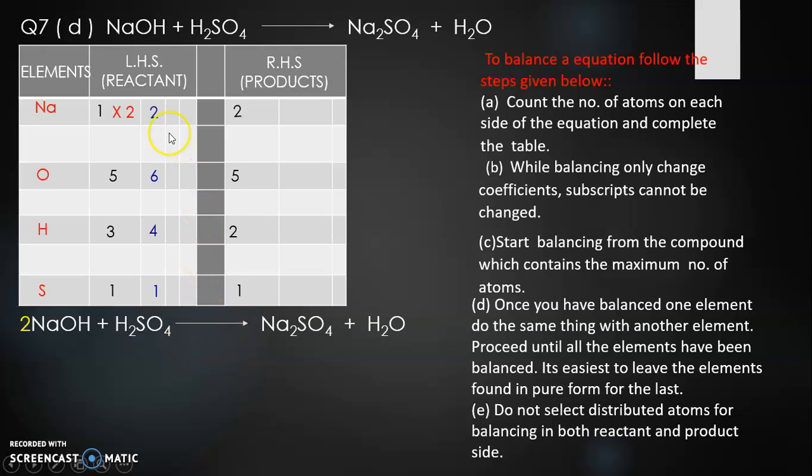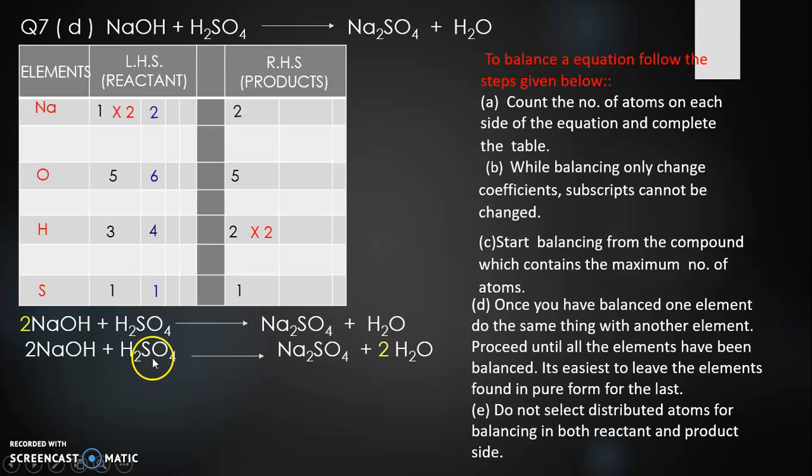Now let's see the table again. Sodium balanced, sulfur still balanced, oxygen and hydrogen are unbalanced. Now from oxygen and hydrogen, hydrogen is the simplest. So 2 2s are 4. So on the product side, where do you place 2? Correct. Where we see hydrogen. We don't find hydrogen here, but in H2O. So this 2 on the product side will be placed in front of H2O, and the equation will look like